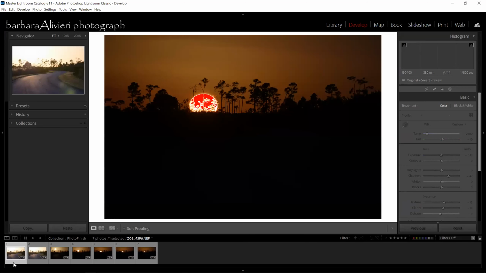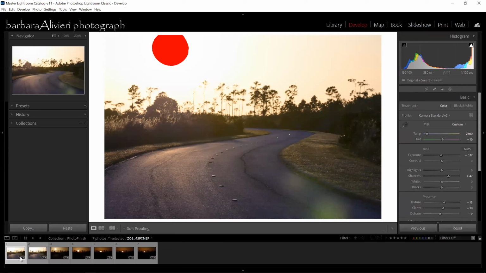Okay, now it's gone. So every image in this film strip I want to import into Photoshop. So I selected the one. This is the film strip. You can either hit, if you're on a Mac, Command, or on a PC, Control A. You can do it that way, or you can just manually select, click on it with your mouse, hover over the last one, hit the Shift key, and you also selected them all.